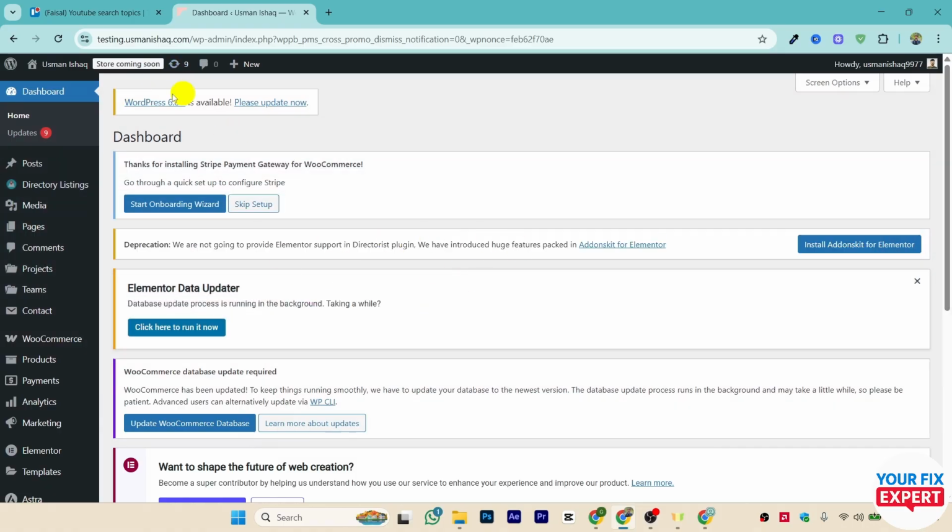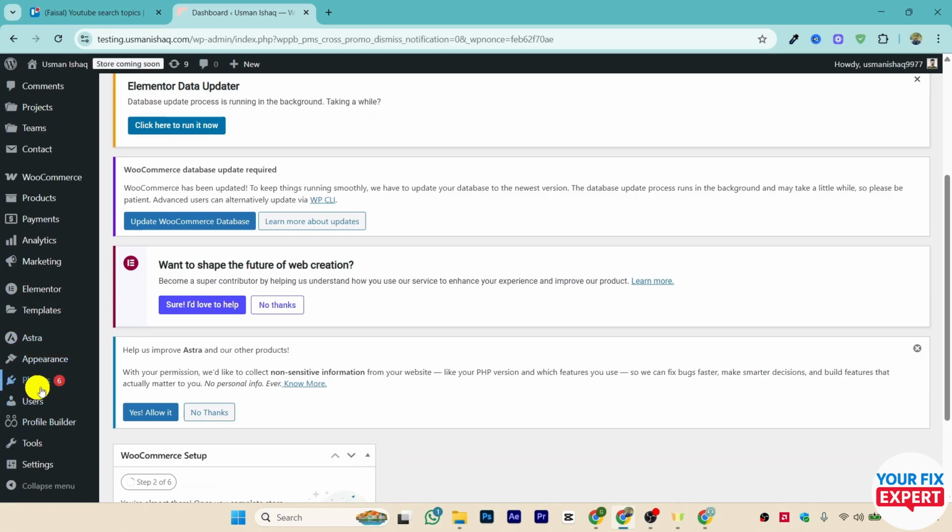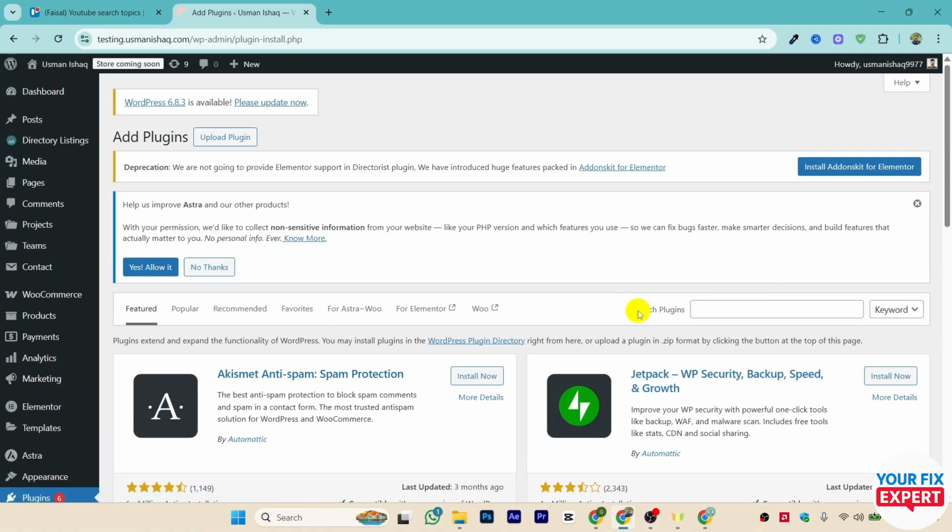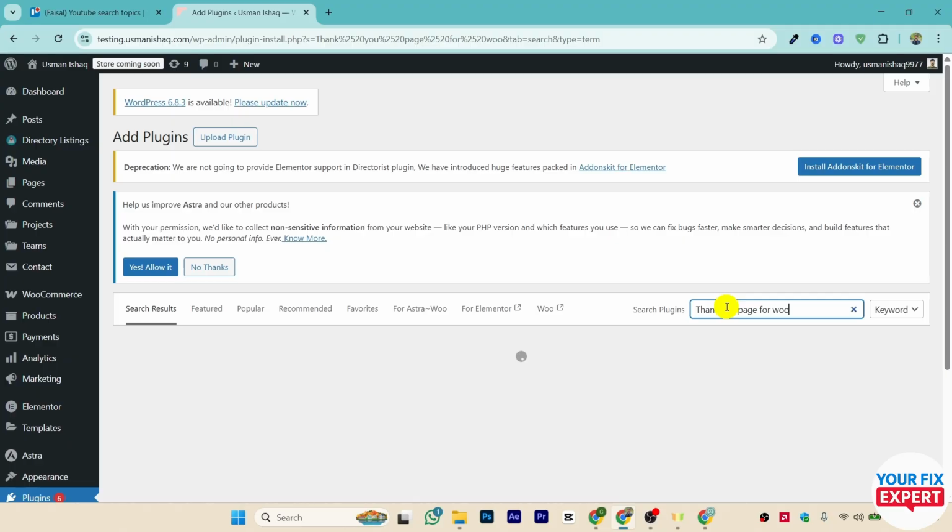First of all, log into your WordPress account, and once you're logged in, on the left side scroll down and go to the option called Plugins and click on Add New Plugin. Once you go inside the Add New Plugin section, you will see the search plugin box as well. Just write down here "Thank You Page for WooCommerce", or just write "Woo", and it will automatically start